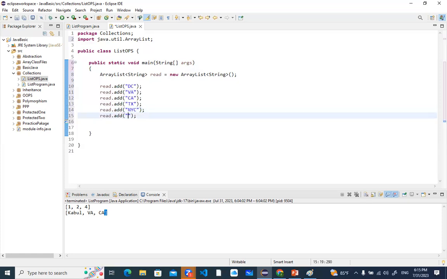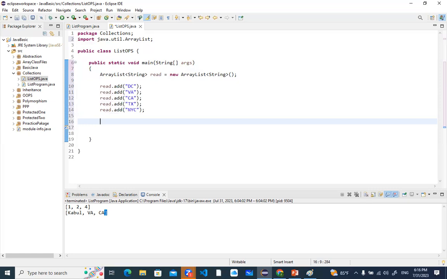And let's name another state. Let's remove the last one. I don't remember for now. Okay. These are the states that we store: DC, Virginia, California, Texas, and New York City, that we store in